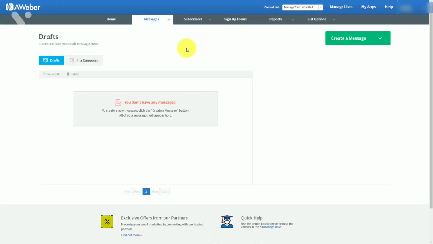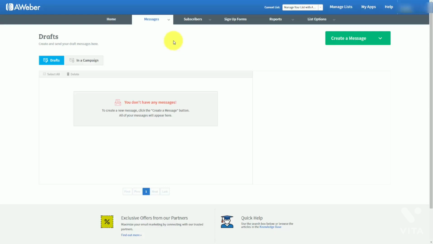Welcome back. In most cases, you are going to be sending out an email to your email marketing list using the broadcast feature in Aweber. This means that you are writing the message from scratch and you are sending out this message at some particular point in time. Now, you can send out the message at a point in time before it actually has to go out. However, you are writing these messages individually, one at a time,